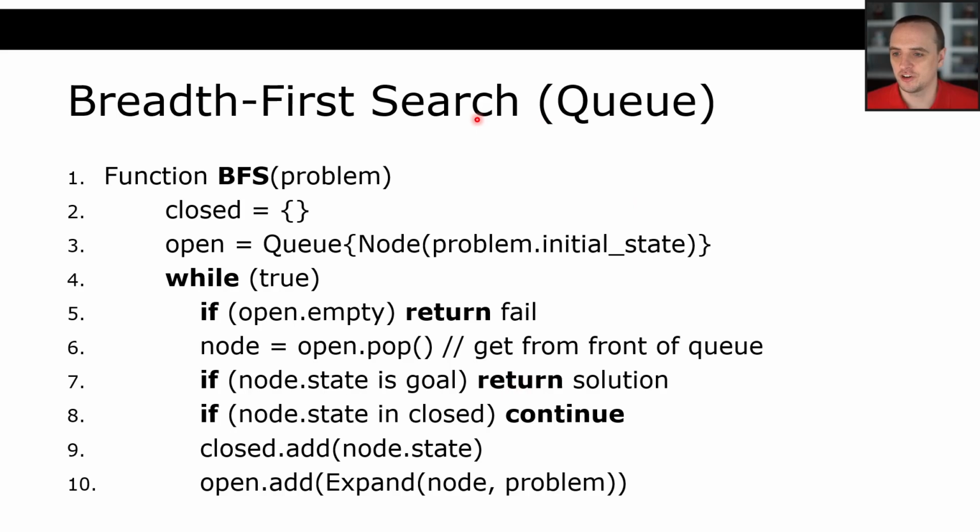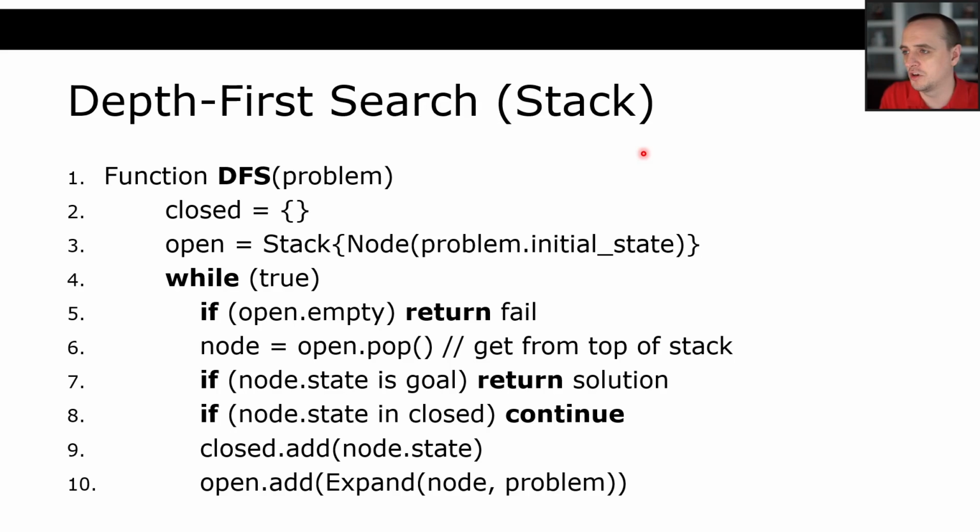Our breadth first search using a closed list follows this algorithm. It's the exact same thing as our previous one, except now we're saying if the state of the node is in the closed list, just continue. We are never expanding the children of any node whose state is already in the closed list. Okay, and the same would go for depth first search, but we're not talking about depth first search in this